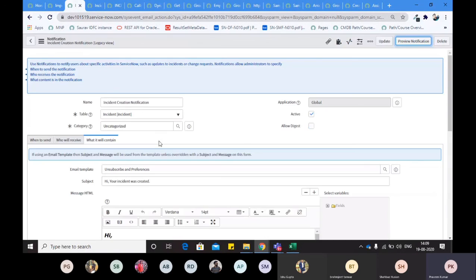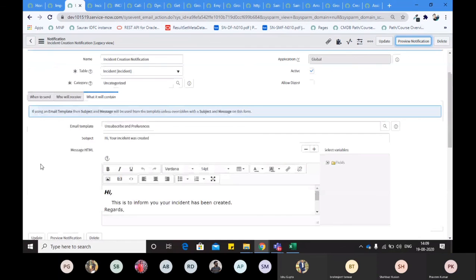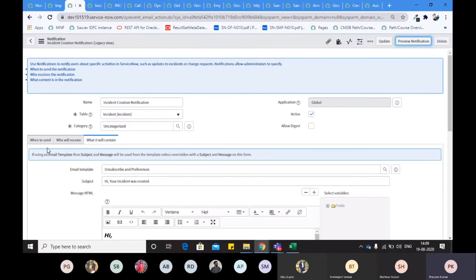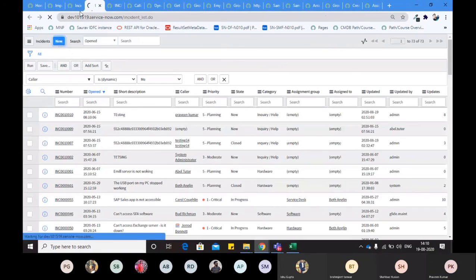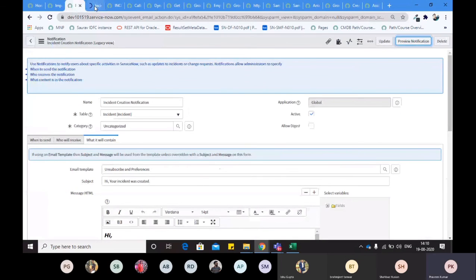Now I will create a new incident in ServiceNow. Now my email is fired.